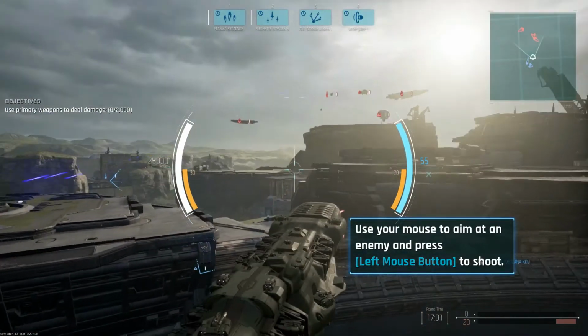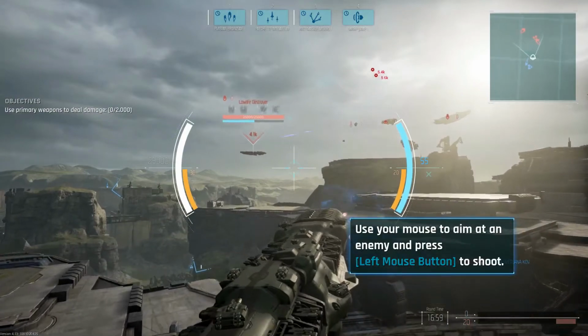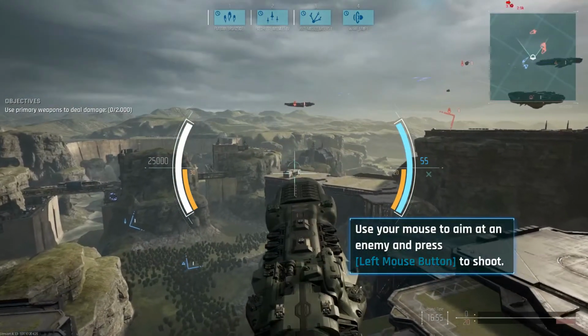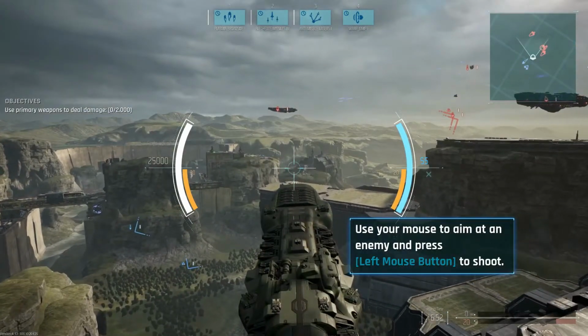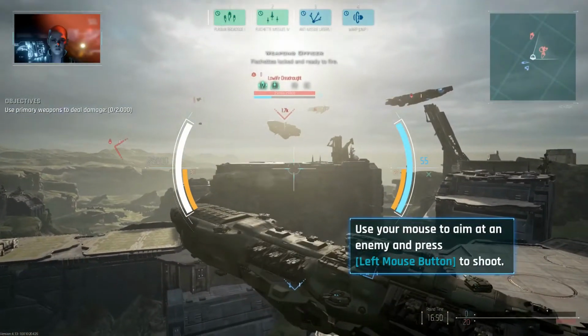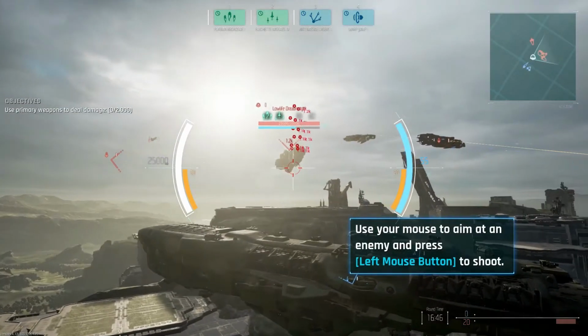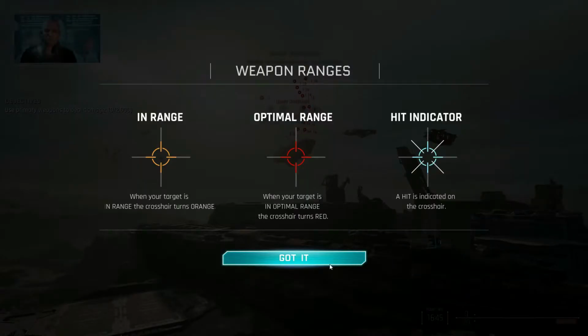So, let's go over the modules. You'll see that I have 4 modules at the top of my screen right now. Plasma broadside, flechette missiles, anti-missile lasers, and warp jump. Each module is unique. So you'll notice now I have 2 modules locked on, and I've got missiles coming at me. So I'm actually going to go ahead and...